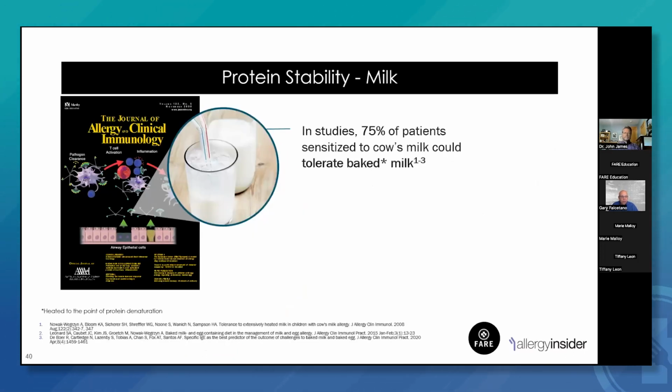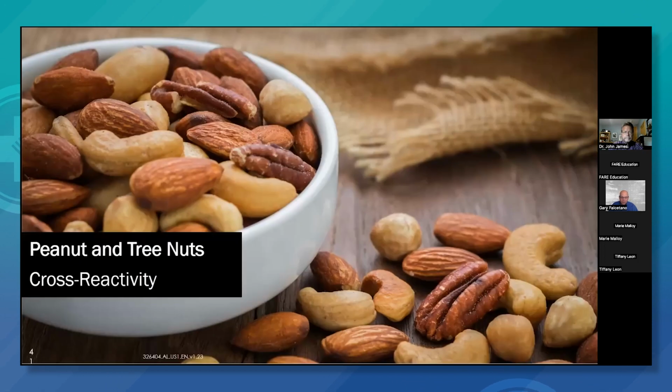There's a very similar story with protein stability with milk. I'm not going to go into the specific proteins. We'll do that on the 16th. But just know that it's the exact same story. About 75% of patients who are sensitized to cow's milk, whole extract, could potentially tolerate baked milk, depending on the proteins they're sensitized to. And now we'll change gears a little bit, and we'll talk about some